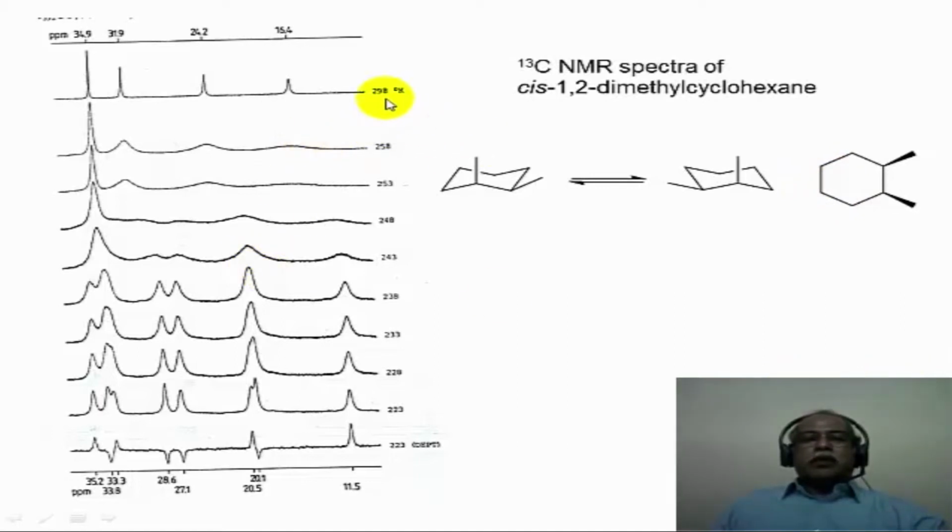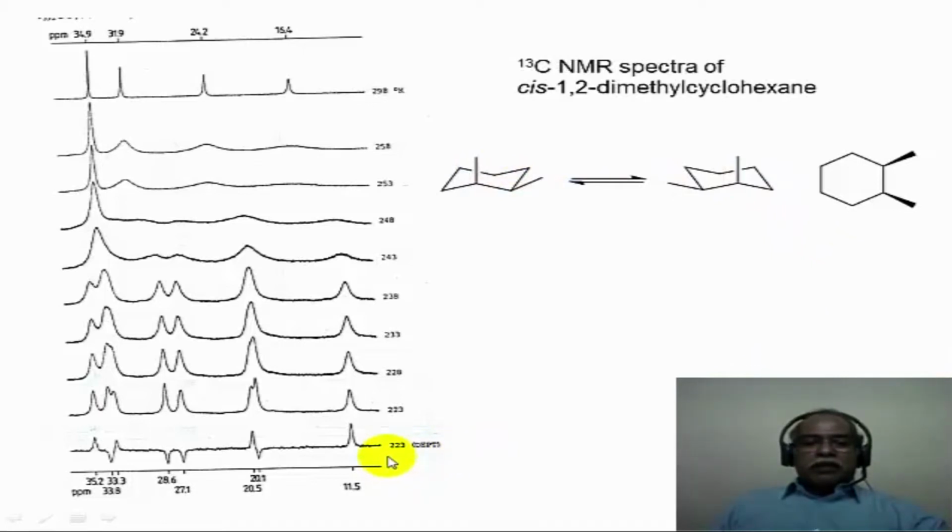Indeed, when you look at the spectrum at room temperature, where there is a rapid interconversion of one conformer and the other conformer, NMR is unable to distinguish the axial and equatorial methyls. So the methyls give just one peak in the NMR spectrum, which is shown here, for example. So the NMR spectrum should see 1, 2, 3, 4. Only 4 signals should be seen. So indeed, only 4 signals are seen in the high temperature NMR spectrum. What I mean by high temperature is at room temperature, where the rapid interconversion is taking place.